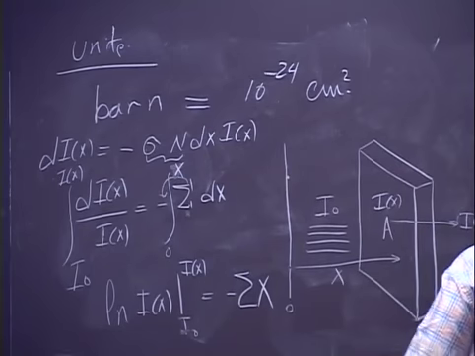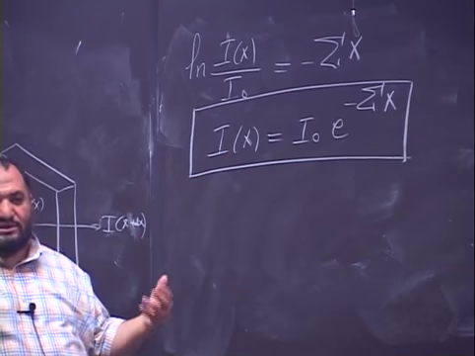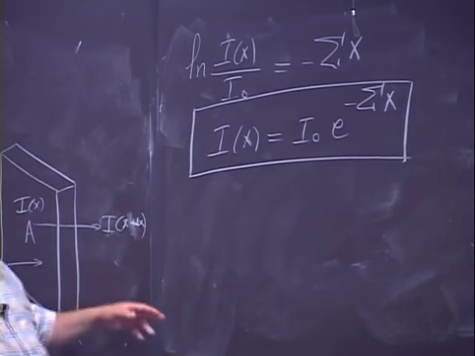Yes, it means that the thicker the target, the more you attenuate the beam, because I of x is the intensity after the beam passes through delta x. Yes? So the thicker the shield, the more attenuation you have. And also, what does it mean? If the cross section is very high and you keep the same thickness, so you replace water by boron, what will happen? You will absorb the majority, and then after the boron you will not find enough neutrons, and this is one of the things. So did you understand this? So if you try to plot this